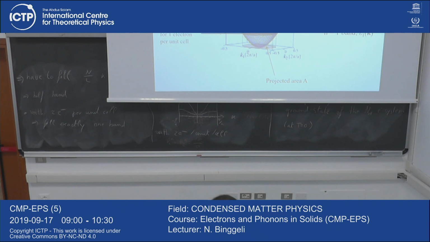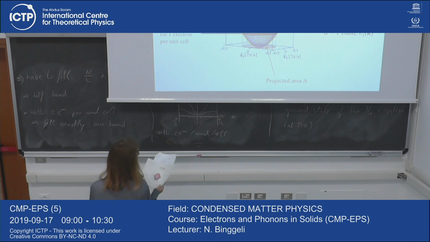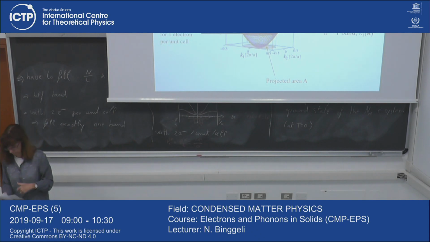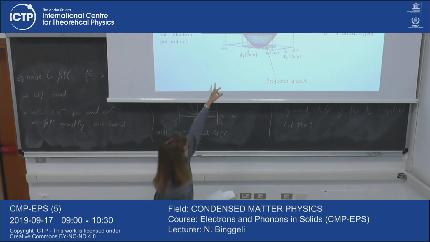Okay, so this is the case of a two-dimensional square lattice. So I have my Brillouin zone to the bottom, which is a square,